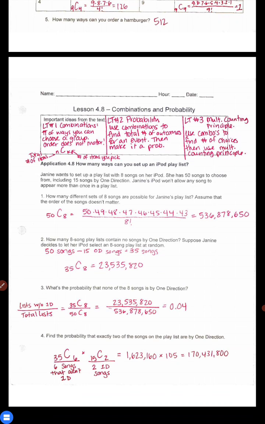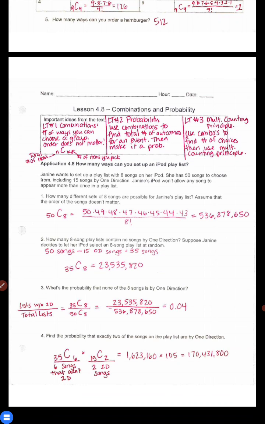Okay? Well, what about question number 2? What if she wants an 8-song playlist, but she wants to specify that she hates One Direction? She doesn't want any One Direction songs in the list. Okay? And she is going to let her iPod select an 8-song playlist at random. Well, what happens here? She has 50 songs, but she up front is taking out the 15 One Direction ones. So that only leaves her with a total of 35 songs. So now, when you type this in your calculator, you're doing 35C8, which is a much smaller number,